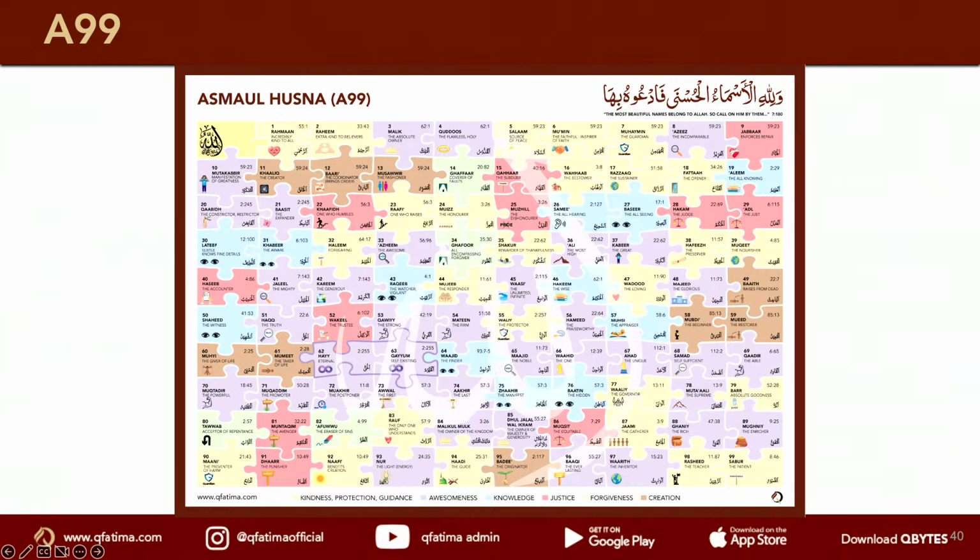So if I were to ask you right now, which number of asma or ism would you use to be able to understand this lesson? Pick something out of your chart. You've got your chart here. I need numbers, okay? Just so that it helps you. All the blue ones relate to knowledge. Can't be that difficult. So to be able to understand the lesson of the Qur'an, you may want number 19.